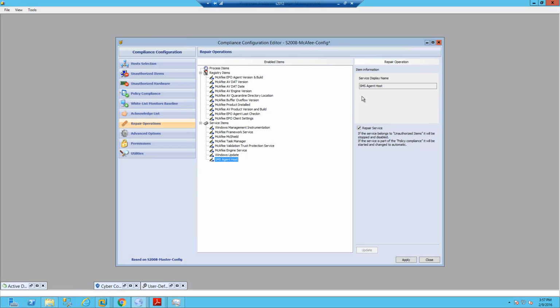Here's the SCCM one, and if it's found in a disabled state, we'll set it back to automatic and restart the process, all at the point of inspection, which is unobtrusive to the users in the enterprise. This also includes WMI. As you can see here, we can repair the service as well. Very, very simple. After we run the inspection or the audit to make sure that the SCCM agent is optimized,